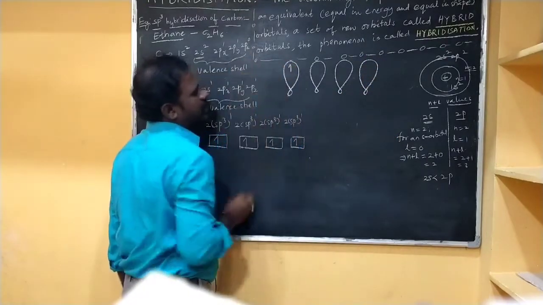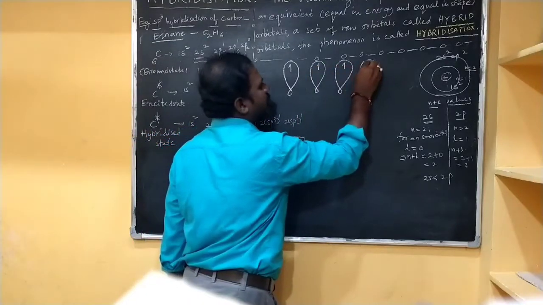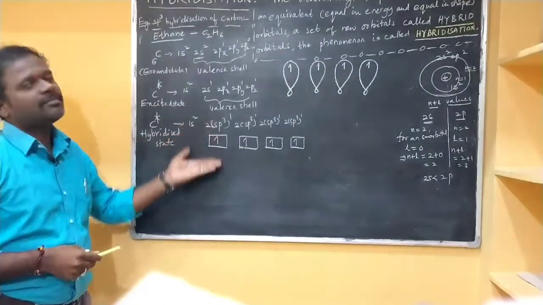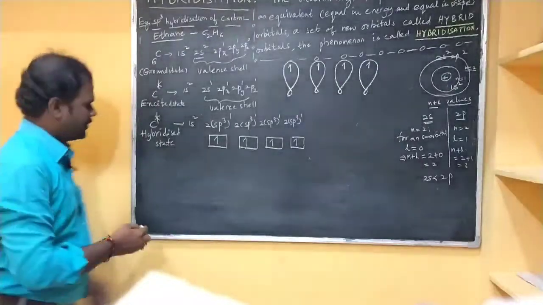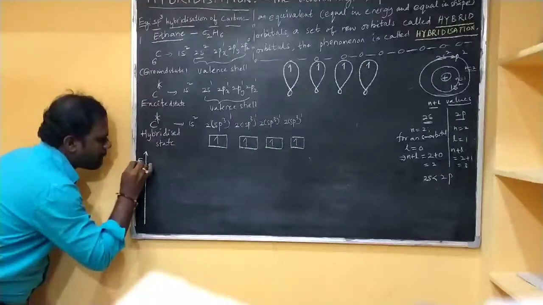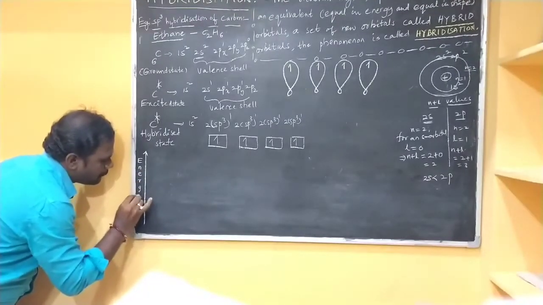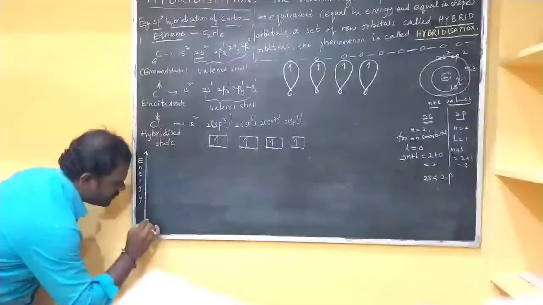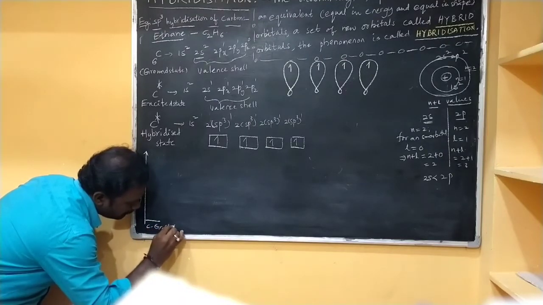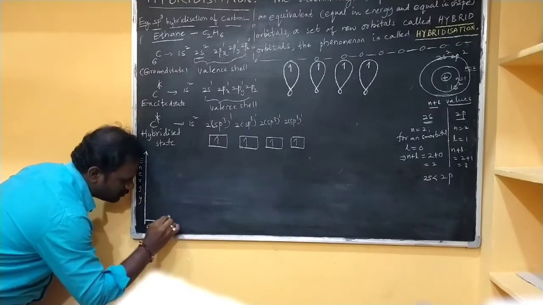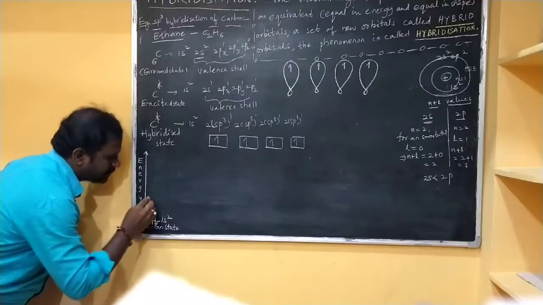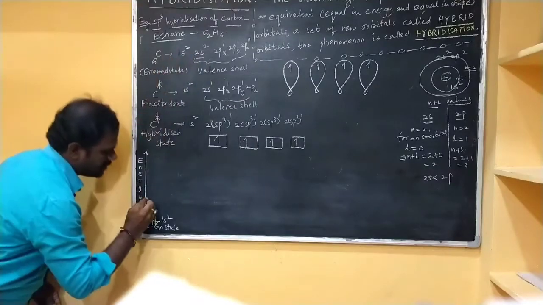So here in sp3 hybridization, each orbital is occupied with 1 electron. You can see this explanation based on the energy level diagram also. So see here, this is the energy axis. Here carbon is in the ground state, so here 1s2 is the electronic configuration, and what is the ground state electronic configuration? That will be